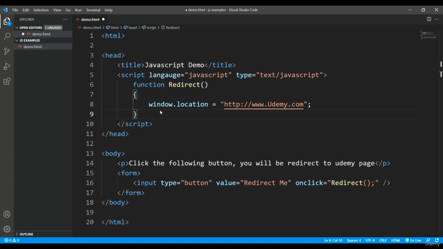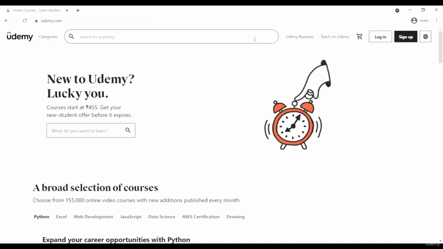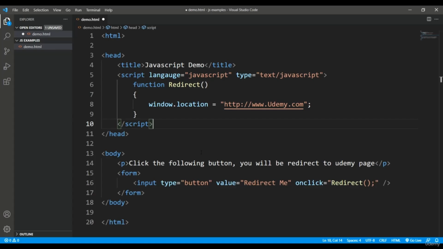So in this particular program, I'm simply changing the location of one page to another page. In this page, I have simply placed a button with the text redirect me, and when you click, this will call the redirect function. And inside this redirect function, I have simply called this window.location property. It will simply change the location of your page, and whatever page you have specified will be shown to the user. So when I execute this,